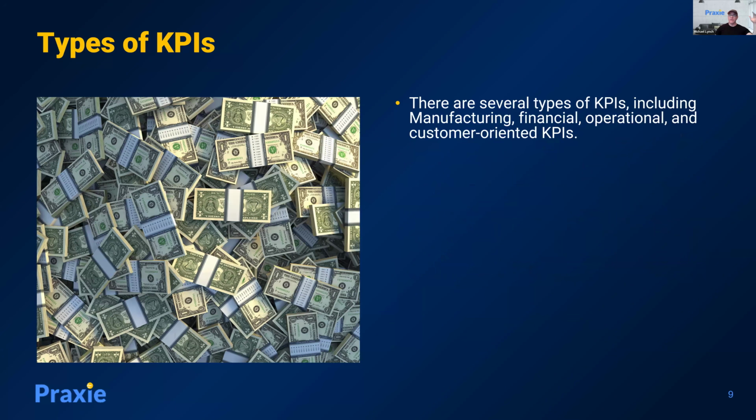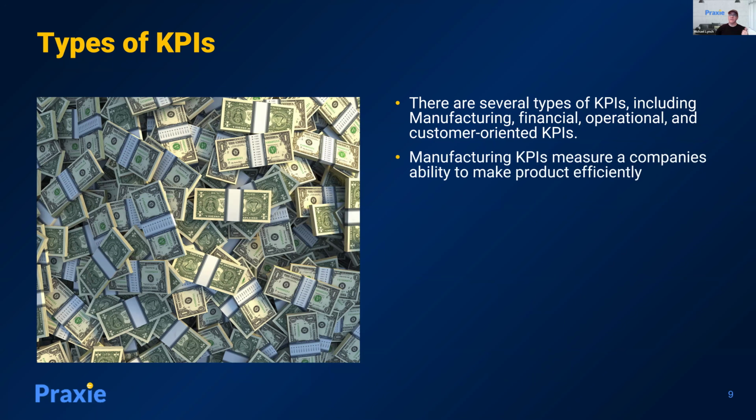There'll be a layered approach where layer one might be your executive at a high level, and you can cascade it down. You might start with your overall company objectives, and you have short, mid, and long term often. And then you can go departmental: manufacturing, finance, operational, marketing, et cetera.